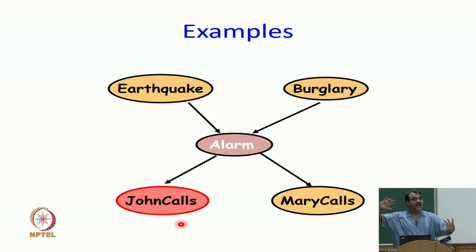By knowing the child, the husband and wife become dependent on each other, because they are raising the child together. The child may have turned out one way because of one parent or the other, and if the child has turned out one way because of one parent, that reduces my probability that it is because of the other parent. That is the analogy in our world. But forget the human world. I think this specific example will make sense to you. Earthquake and burglary are independent of each other, but given alarm, earthquake and burglary are dependent on each other.